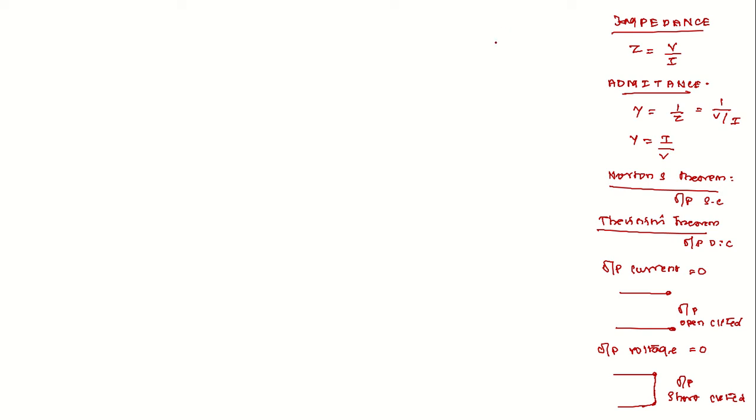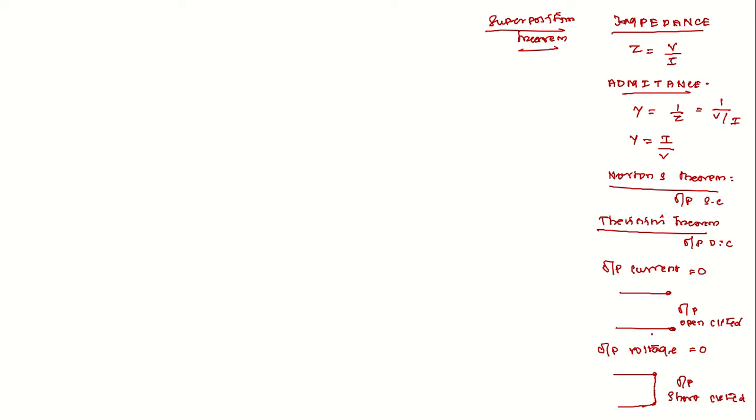The next theorem that we want to take into account is called the superposition theorem. We know that in the superposition theorem, whenever a circuit is energized by more than one source, we have to find the algebraic sum of the responses caused by the sources acting individually. So consider if we have three sources, say one voltage source and two current sources. When we consider the voltage source, the other two current sources are to be open circuited. But when we consider the current sources, the voltage sources are to be short circuited.